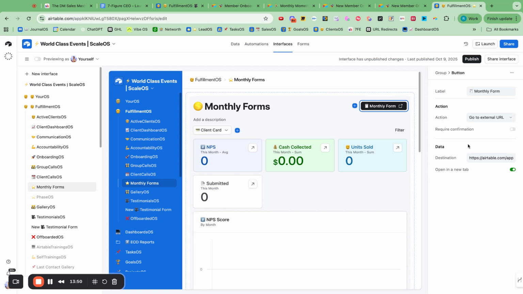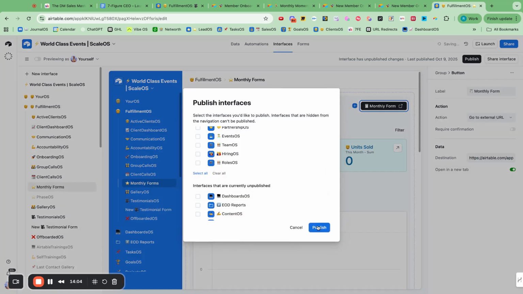And then you can go into this button and swap out that form link. This is ours currently right there. And then it will show up underneath their member card as well. So then you're tracking their progress, all good. Then